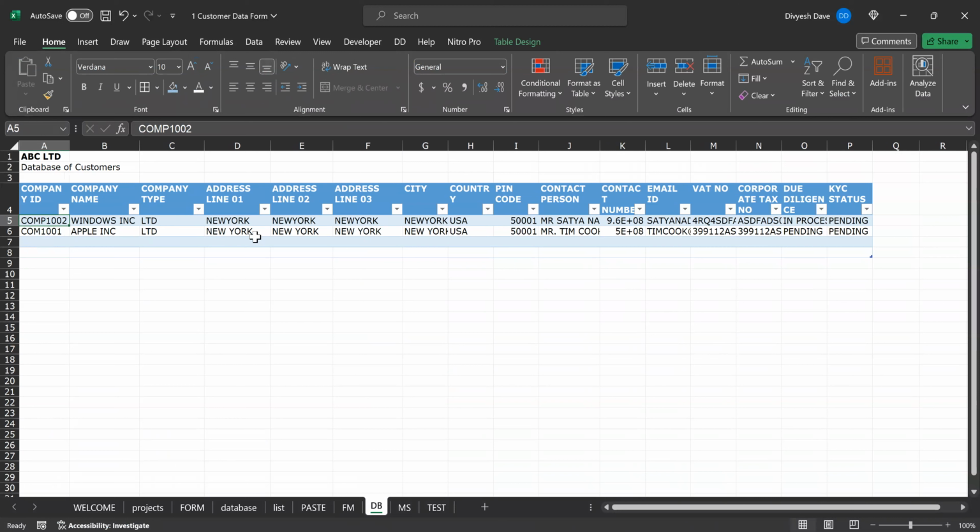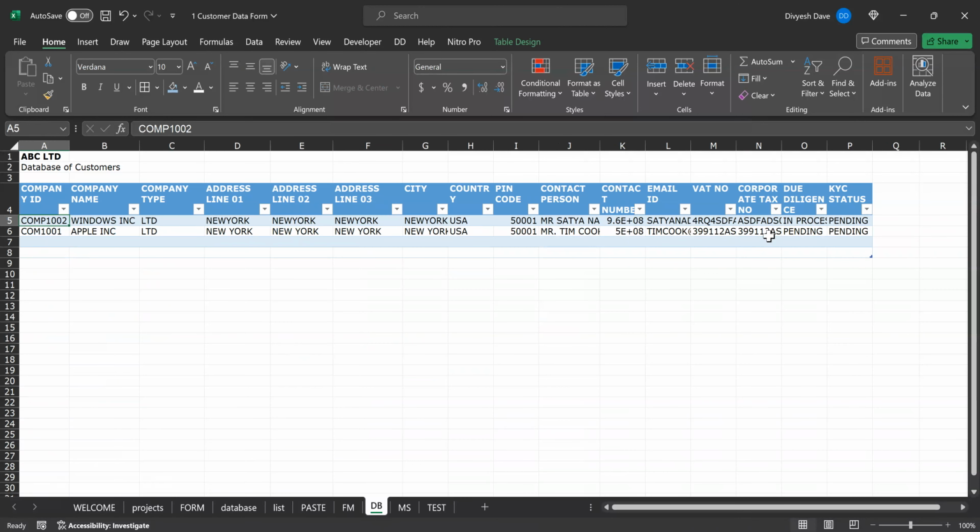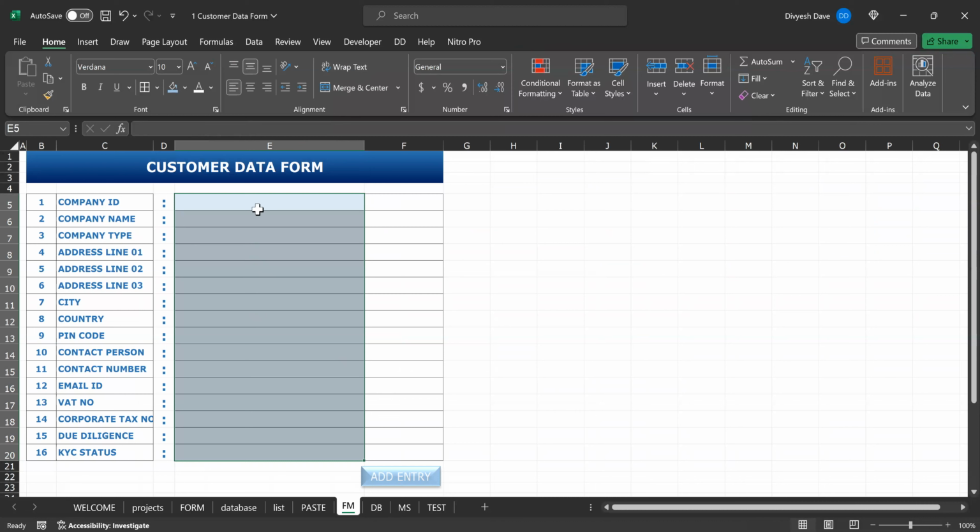But the thing is, you simplify the process so that when you put top to bottom, vertically, it becomes easy for you to understand what you are filling exactly, rather than just doing horizontally from left to right and just filling it and you don't know where exactly it ends, right? So it is a beautiful way. Right now we have very limited data set, but let's say you have 100 data fields, so how will you do that? So better to just simply create this kind of forms, so it will give you